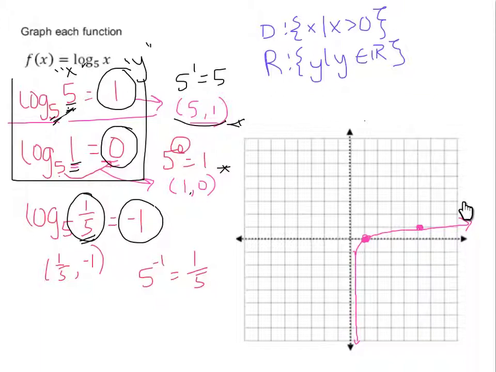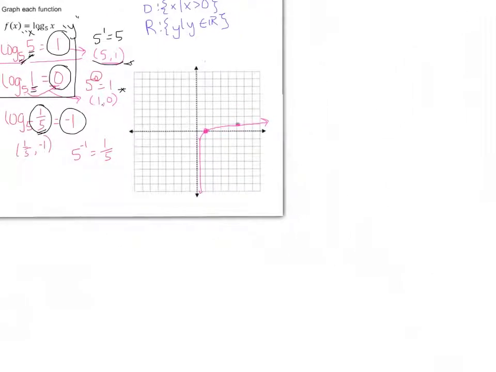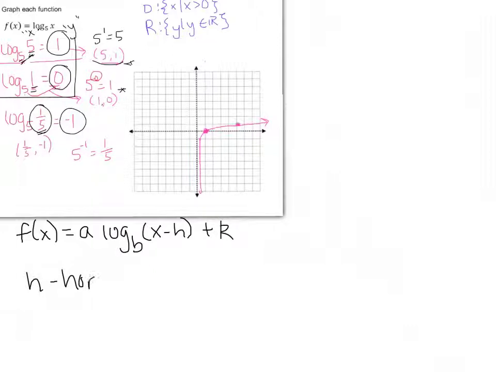There's just a couple other things I want to tell you about logarithm functions, and that is what the parent function looks like. So the parent function for a logarithm function is f of x is equal to a times log base b of x minus h, plus k. Where once again h is our horizontal translation, k is our vertical translation,